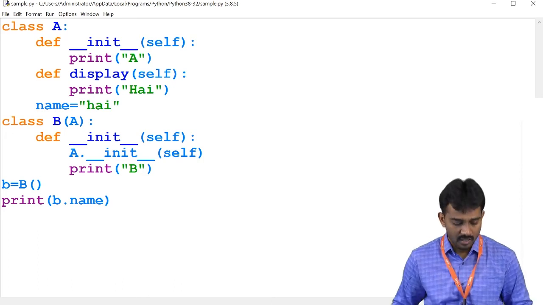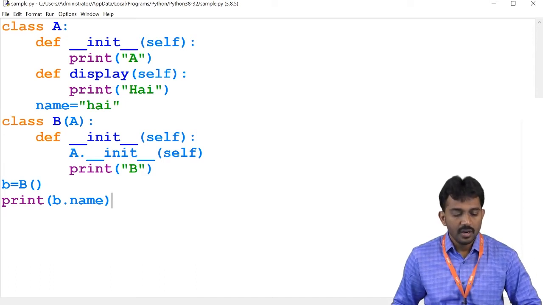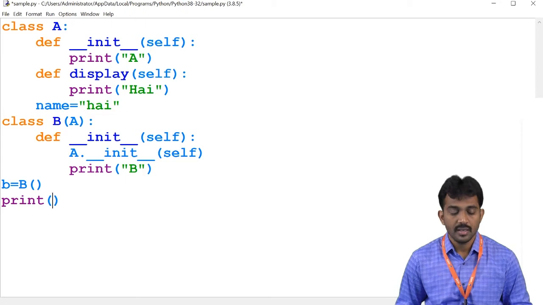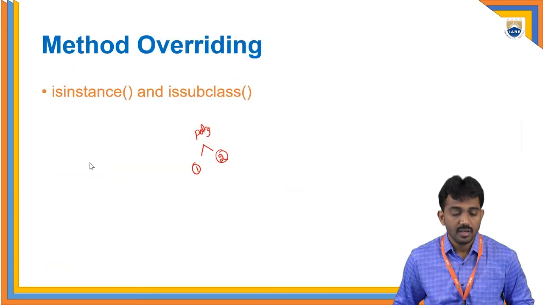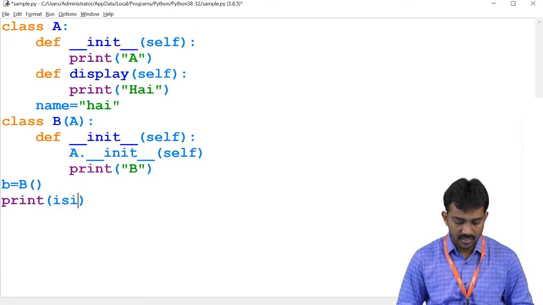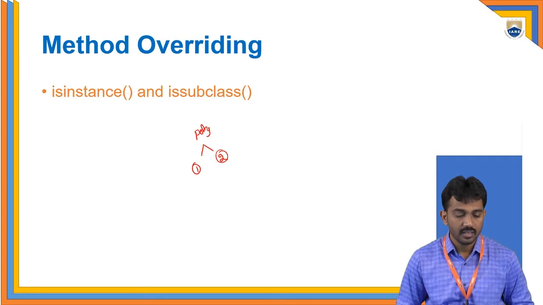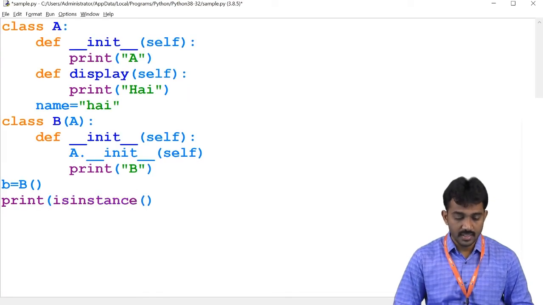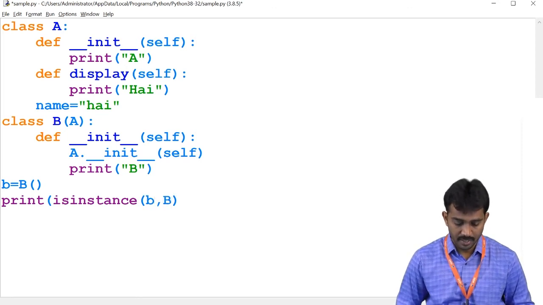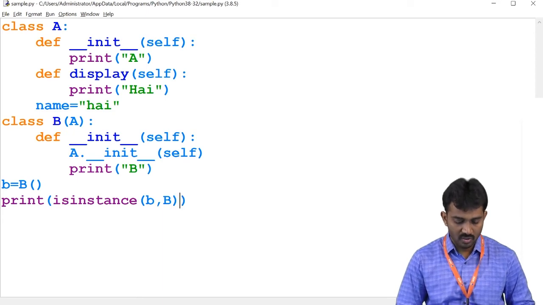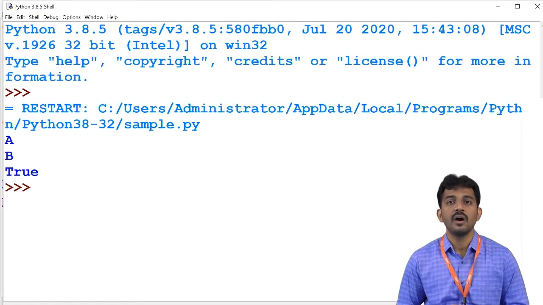And now I'm going to check isinstance. It is the isinstance method. What are the arguments? b comma B. Then see what it will return: True, right?